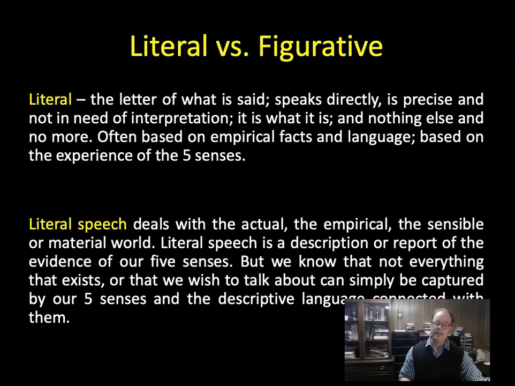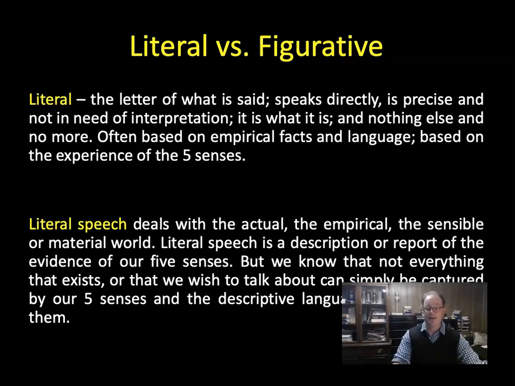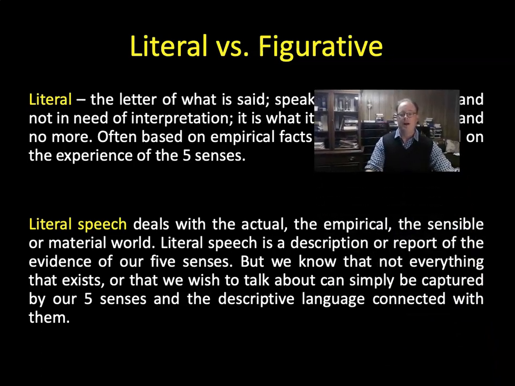So, for example, if you read the front page of the newspaper, journalism is very rooted in the depiction, the portrayal of empirical facts. This is what happened today at 5:30. John Doe got shot on the street corner, and he was walking east on York Street or what have you, right? Literal speech tends to deal with the actual and empirical. What do I mean by empirical information, empirical fact? I mean that information that